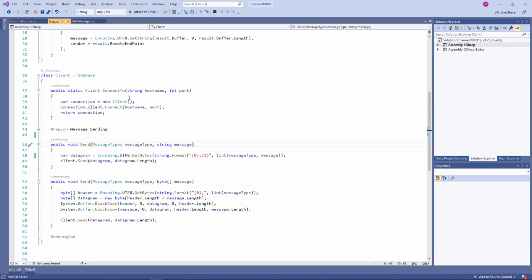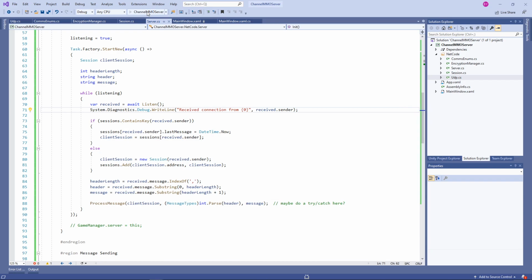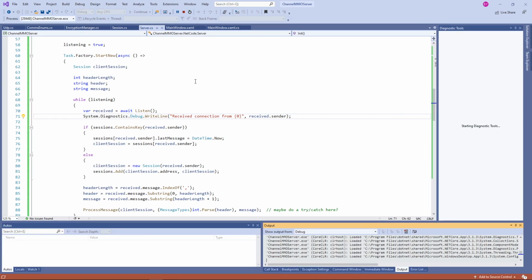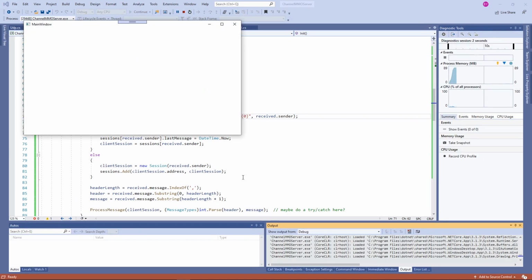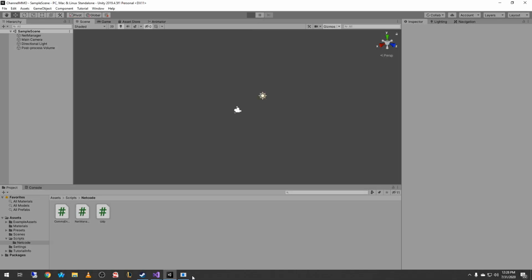And this is, of course, in the client's UDP here. So that's all we needed to do there, because that was literally the only issue. It's completely fine. So now, if we run this, we should have no problems with the connection. So we'll just fire up the server, and we will fire up the client, and they'll just automatically connect